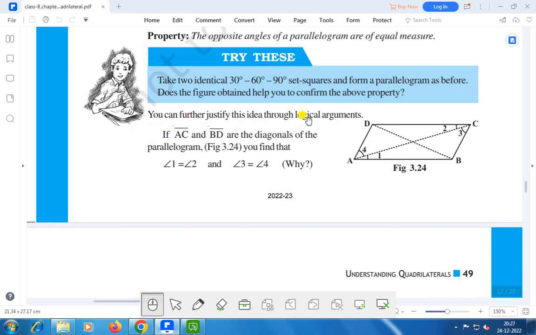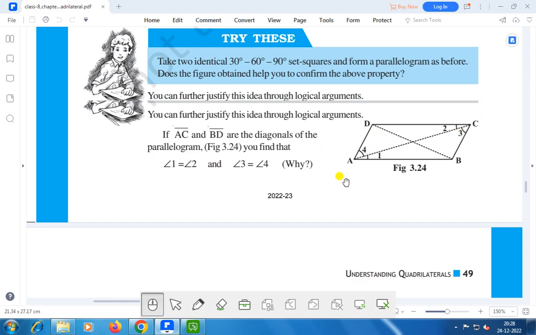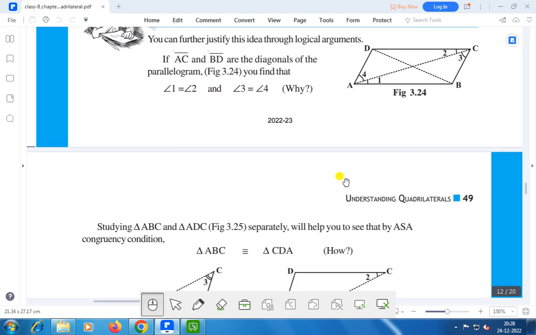You can further justify the idea through logical arguments that this angle will be equal to this angle, and this angle will be equal to this angle. If AC and BD are diagonals of the parallelogram, you find that angle 1 is equal to angle 2 because these are alternate angles. Angle 3 is equal to angle 4. These are also alternate angles, right? Therefore,